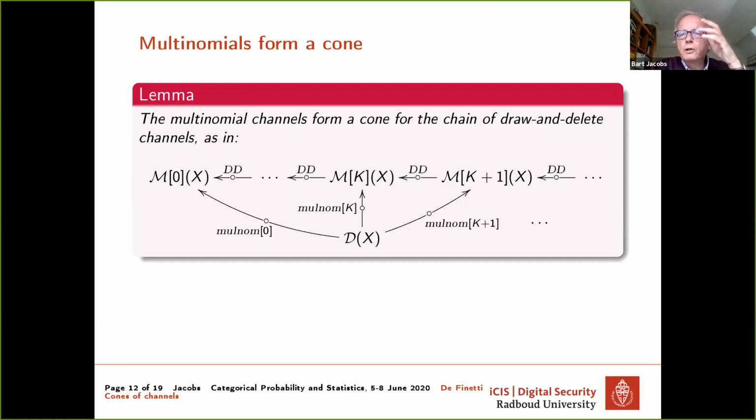For instance, I have a recent result that gives a derivation of the hypergeometric distribution, which is a very fundamental distribution about drawing things multiple times. So iterative drawing. Now the hypergeometric distribution can be obtained by doing this iteration in the Kleisli category.